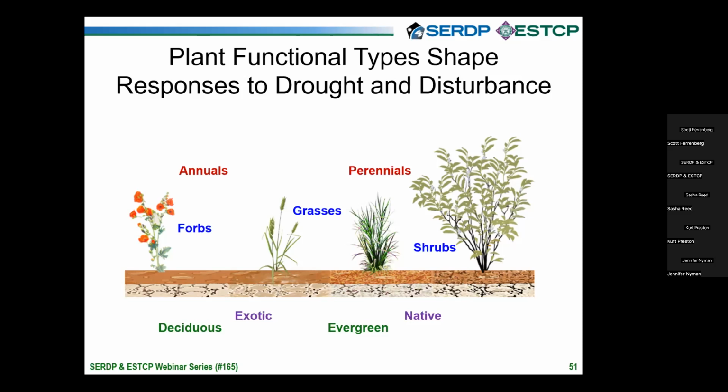We're focused on perennial shrubs, and I'll describe those species when I move forward. And those perennial shrubs that are at the center of our plots range from being deciduous in the south to evergreen at the two northern sites, or more northern sites. But these communities also have forbs and grasses, and they can be annual or perennial. And some of these sites have a large number of exotic plants that can potentially occur. And this is all contextualizing the outcomes of our experiment. And one of the reasons why we felt like we needed multiple sites and multiple years of following them is to really understand what might happen.